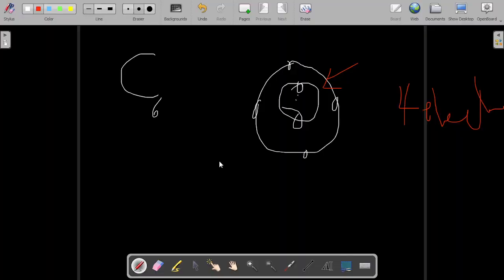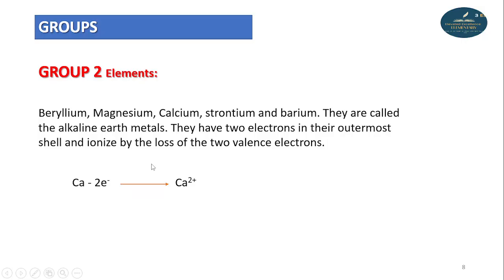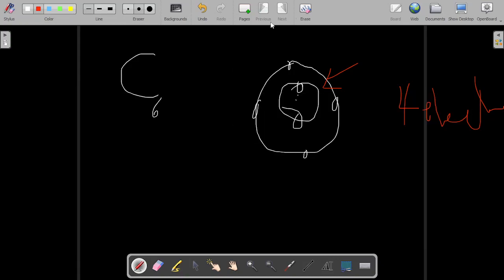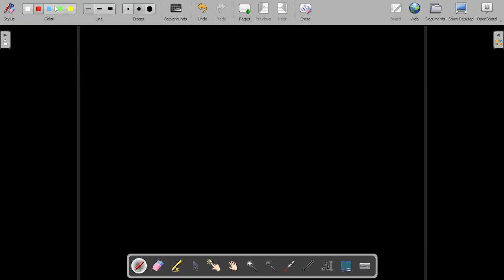So sorry, you need to, okay. What does that indicate? They ionize. They have 2 electrons in the outermost shell and ionized by the loss of the 2 valence electrons. So for the group 2 elements, we have